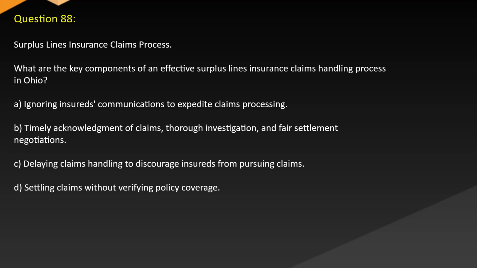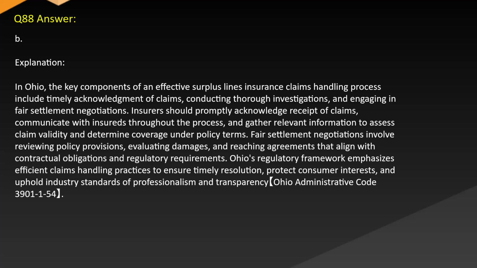What are the key components of an effective surplus lines insurance claims handling process in Ohio? A. Ignoring insured's communications to expedite claims processing. B. Timely acknowledgement of claims, thorough investigation, and fair settlement negotiations. C. Delaying claims handling to discourage insureds from pursuing claims. D. Settling claims without verifying policy coverage. Answer: B. Explanation. In Ohio, the key components of an effective surplus lines insurance claims handling process include timely acknowledgement